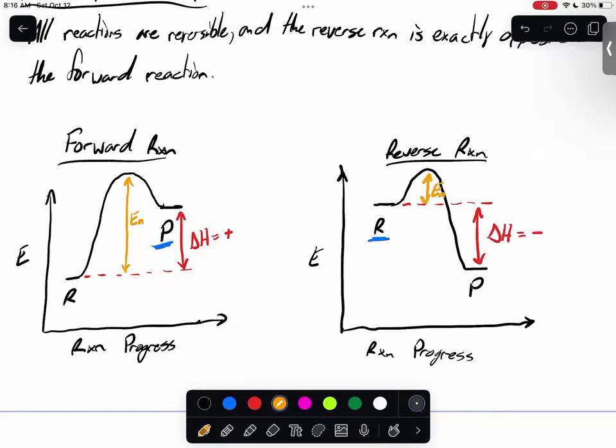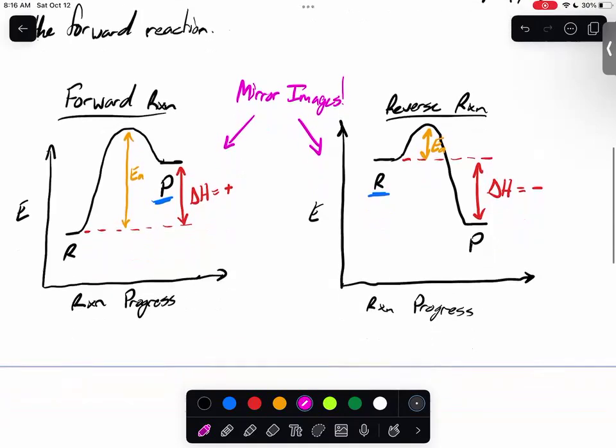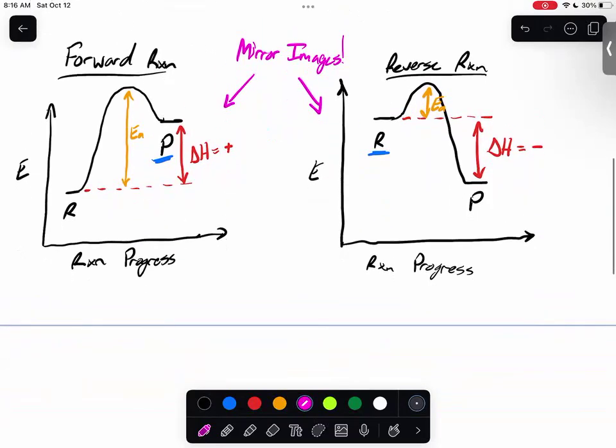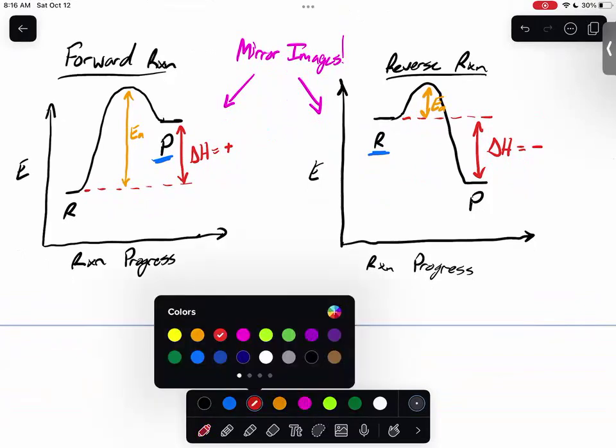And if you look at these energy diagrams in comparison to one another, what you would see is that these are mirror images of one another, right? Because the forward and the reverse are exact opposites, and they start out on different sides of the reaction, practically speaking. And so what this means is if we take a look at this in terms of thermodynamics and kinetics, we see something a little interesting, right? Because thermodynamically,